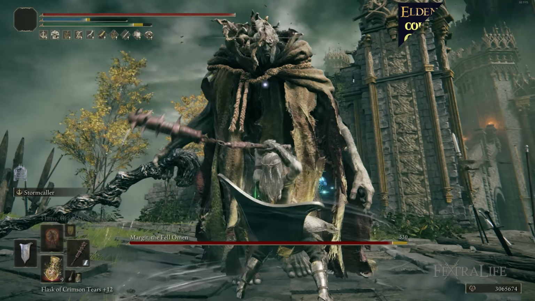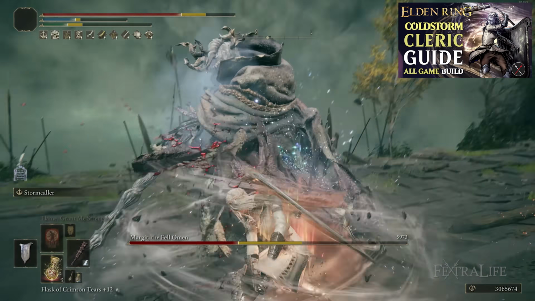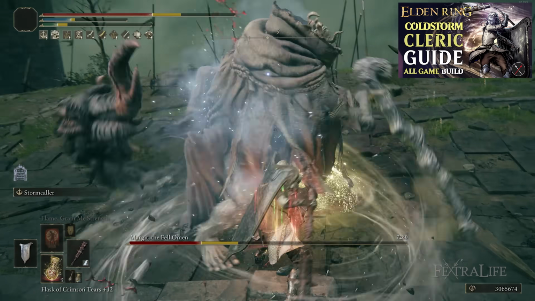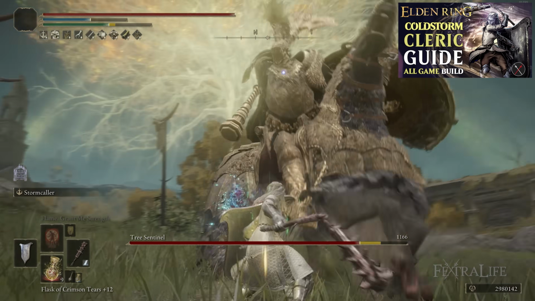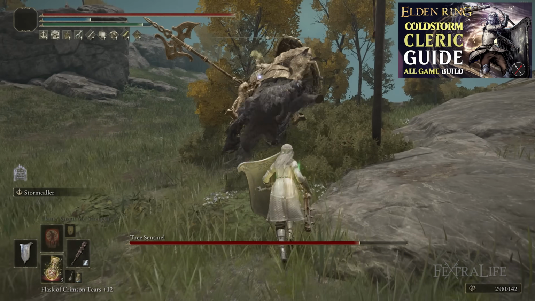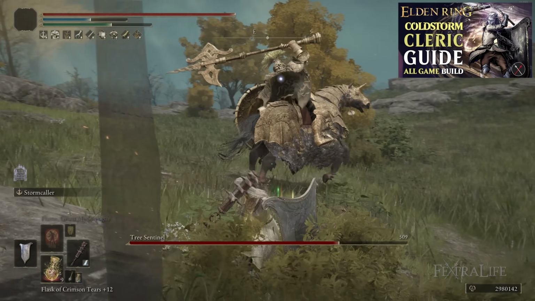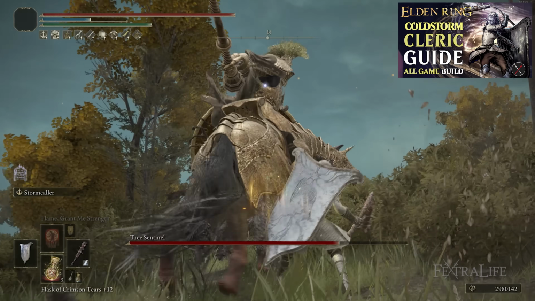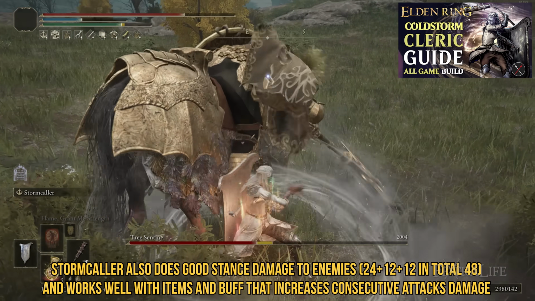Up next is the Coldstorm Cleric Build. This is actually a build that is designed for all games, so this is very good throughout the whole course of the game. But what you need for this is the Chainlink Flail, which you can get very early on. I know, Flail build. And you're going to want to pair it with any Great Shield that you can get early. The idea then is to slap the Stormcaller Ash of War on the Chainlink Flail and set it to the Cold Infusion, and then just spin to win on bosses, building up Frostbite and Hemorrhage as you spin,